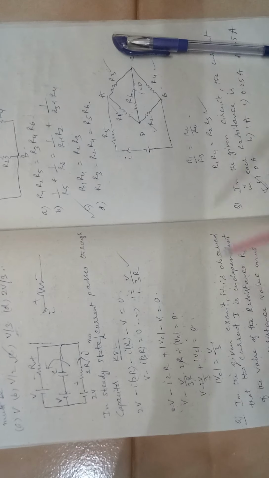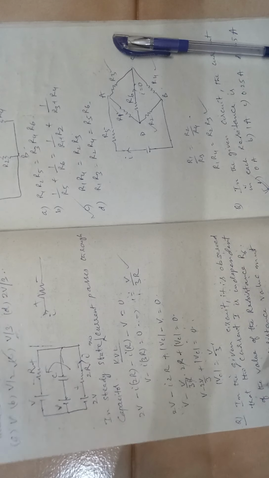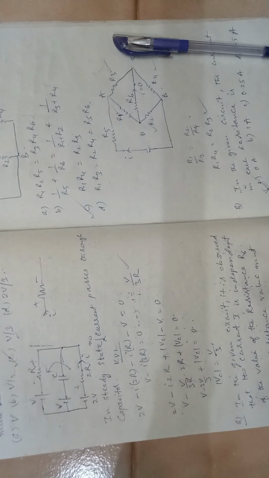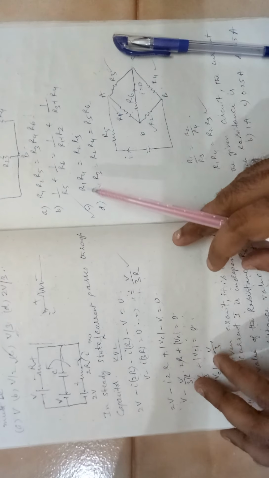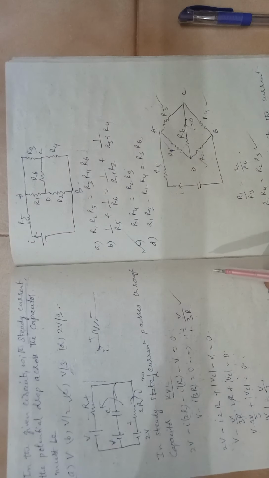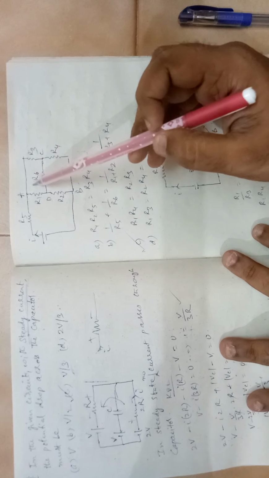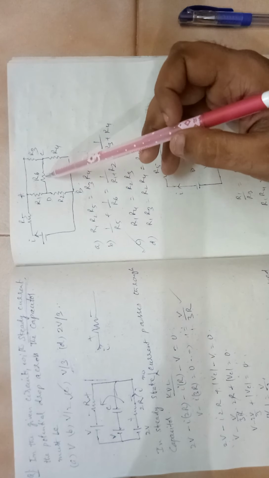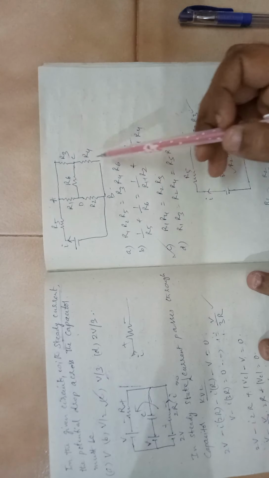Let us see the next one. In the given circuit, it is observed that the current I is independent of the value of resistance R6. Then the resistance value must satisfy. Four options are given. You need to choose the one which is correct, and only one option is correct. So in the question he says there is a circuit like this. He says that in the circuit, if you change the value of R6, the current value doesn't change. This is what is given in the question.